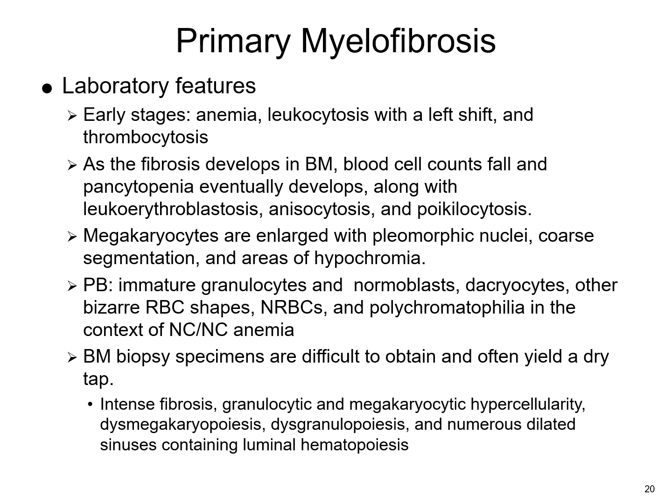And you'll also see leukoerythroblastosis, anisocytosis, and poikilocytosis. So being able to examine the bone marrow biopsy specimens helps to provide more of the information that's needed for diagnosis. Now, this is because the bone marrow specimens can be a little bit difficult to obtain and can usually yield a dry tap, and that's just because of where that fibrosis is taking place within that bone marrow. And then you get the granulocytes and the megakaryocytes,